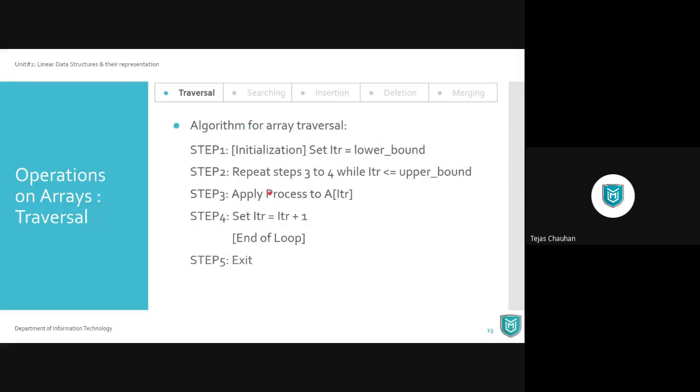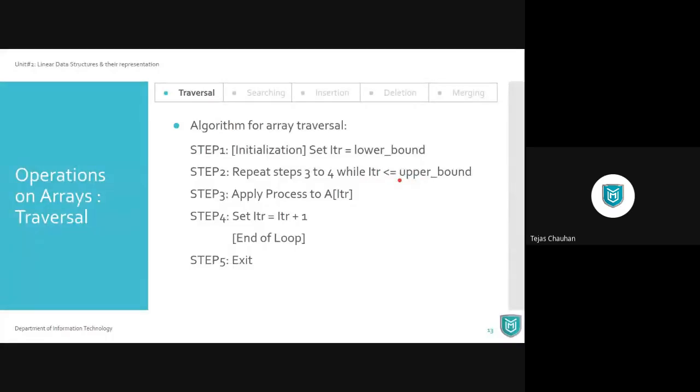It's very simple. You start your iterator I from your lower bound, and you repeat your steps until I reaches the upper bound. So while the iterator is less than or equal to the upper bound, we repeat the process.